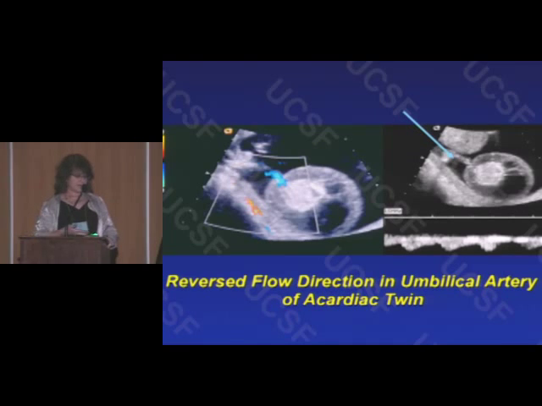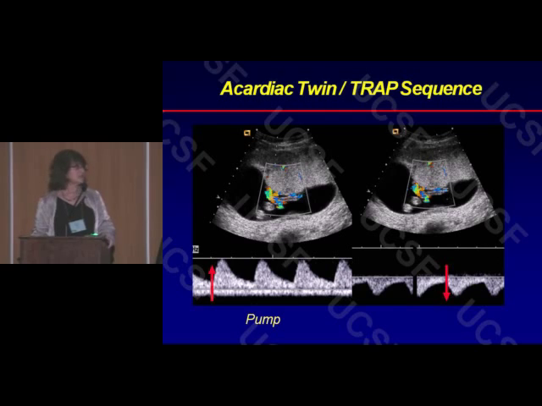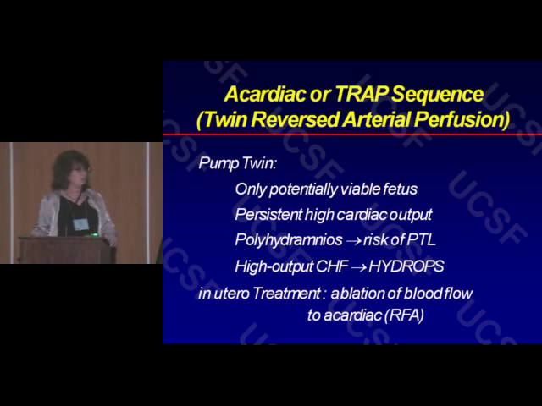An image at the abdominal wall of the acardiac fetus showing blue signal, pulsatile arterial flow going into the fetus. That's reversed. Thus the term TRAP, reversed arterial flow. And you can see at the cord insertion sites into the placenta, normal pump twin toward the placenta, acardiac twin has blood flow away. There's only one potentially viable fetus in this pregnancy, and if we don't intervene, the risk of loss of that pump twin is 50%. The preferred in utero treatment at this time is radiofrequency ablation under ultrasound guidance, obliterating flow